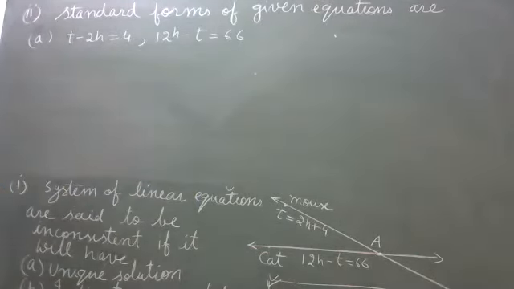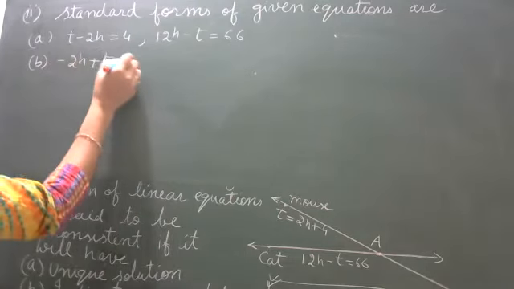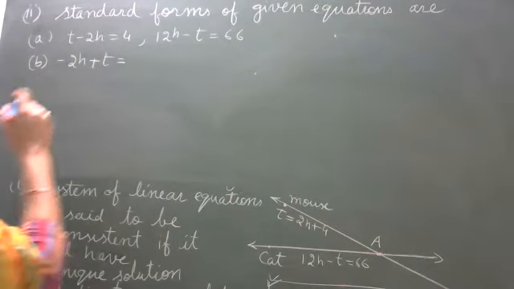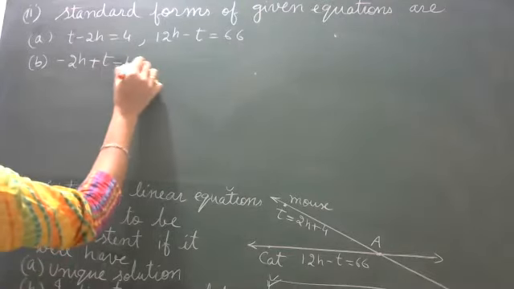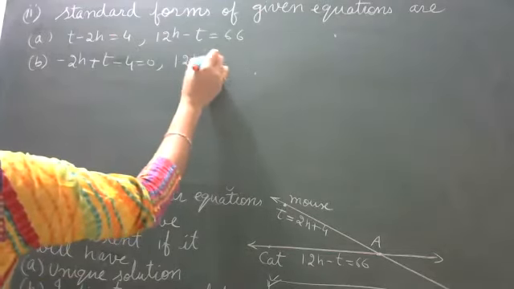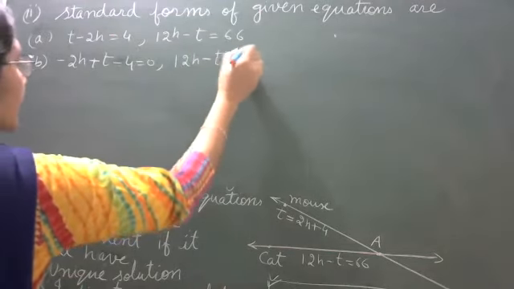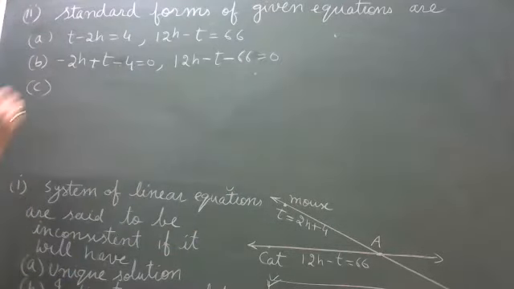B option is minus 2h plus t minus 4 is equal to 0, and the second is 12h minus t minus 66 is equal to 0, and the C option is